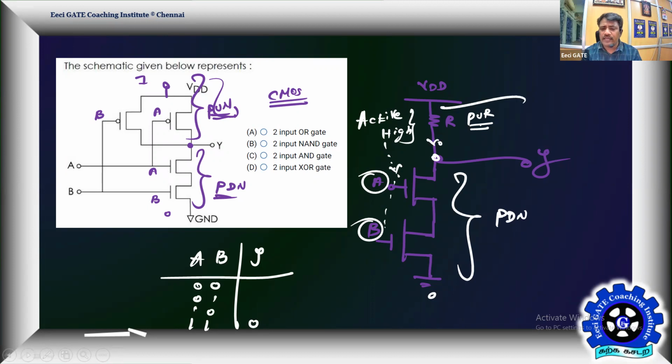The current is 0. No current means there is no loss across R, then Y will be connected to VDD. VDD is analog; in digital, it is logic 1. So Y is 1. So for the rest of the combination.